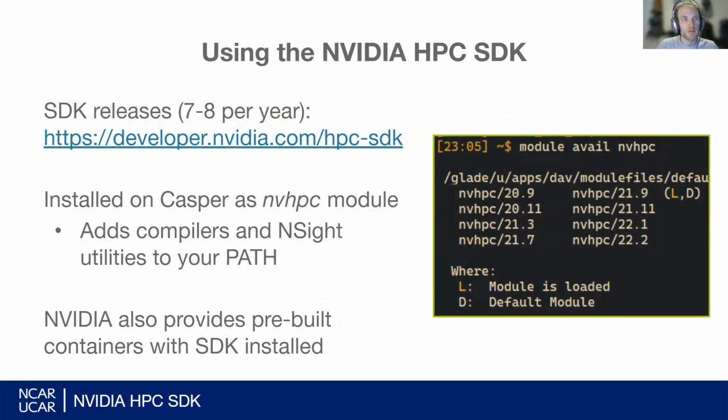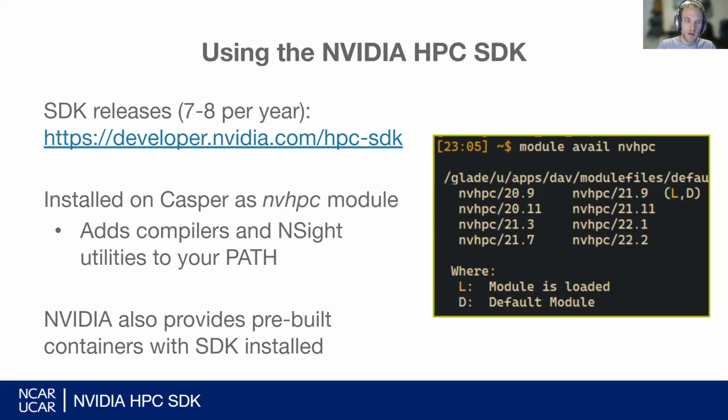it's on a rapid release cycle, at least at present. So NVIDIA's intention is to release 7 or 8 versions of the SDK per year. So you'll see that they tend to be released every 1 to 2 months. And especially for things that are rapidly evolving, like OpenMP GPU offload and language standard parallelism, they'll make a lot of changes in each release, and they'll have bug fixes in each release. So more so than with some other compiler sets and SDKs, it's fairly important to stay up to date